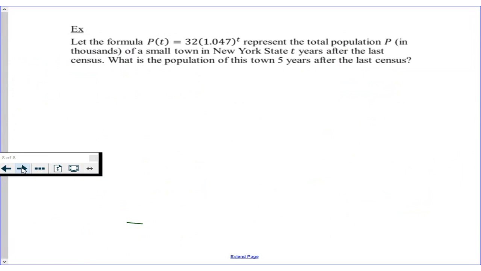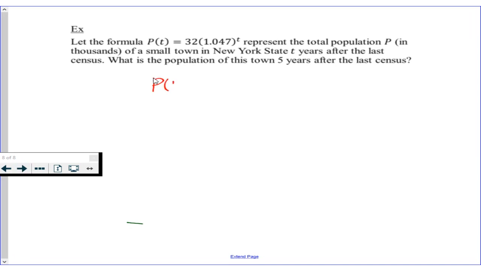So we are looking for the population of a small town. The formula is given. All you have to do is plug in t equals 5 and evaluate the expression. I want everyone to do this because I want to know if you know how to evaluate using calculators. If you don't know how to do this, please let me know. Or if you don't have a calculator, just open a calculator online, type graphing calculator or scientific calculator, and type this formula and make t equals 5.